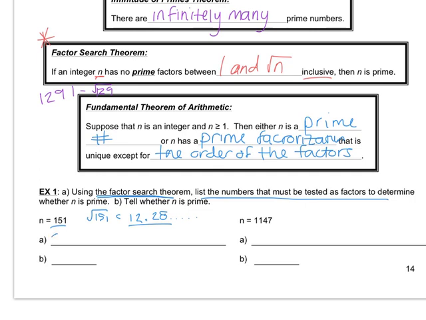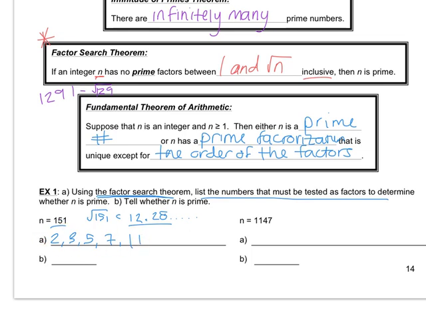So those numbers would be 2, 3. So we're listing out all of those prime numbers. 5, 7, not 8, not 9, not 10, and 11. So each of these are prime numbers. These are the only prime numbers between 1 and the square root of 151. So if 151 is not divisible by any of these, then we have done enough to show that 151 is